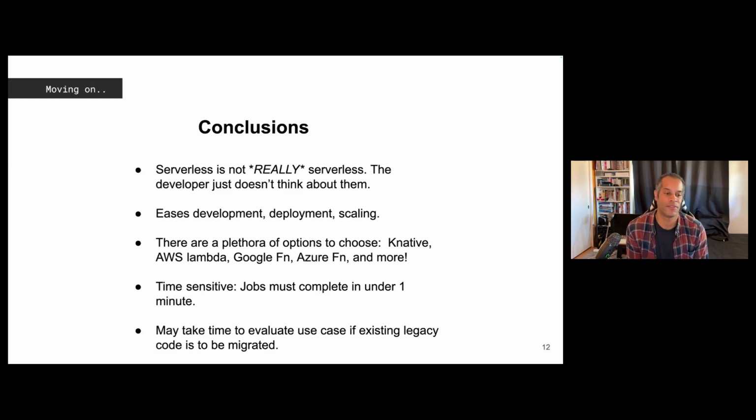It's time sensitive. Jobs have to complete very quickly. So these are functions. These are things that shouldn't live very long. They're not batch jobs. So when you're deploying another function under this FaaS, you need to make sure that is part of the SLA. That thing should come up and then come right back down. And this is my case. This is the case where serverless really kind of goes, I don't know. I'm not really sure yet.